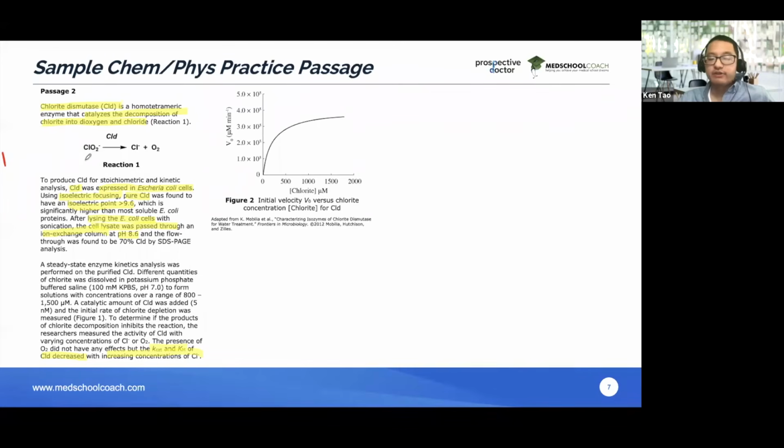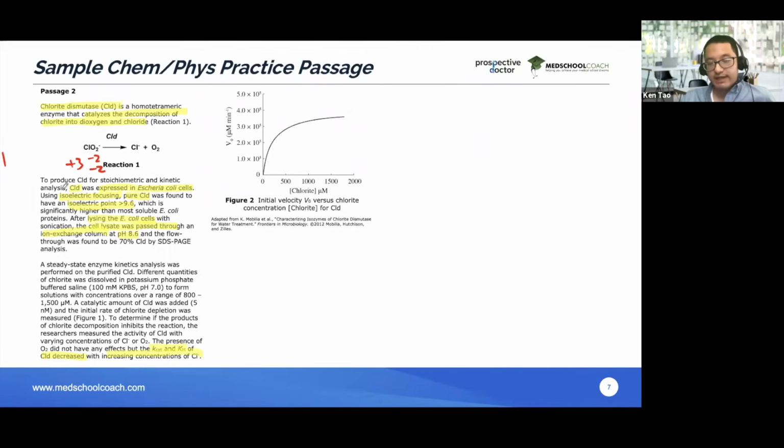For those of you who are unsure how we got the +3, you always look at the elements that are bound to each other and simply ask which element is more electronegative. In this case, oxygen's more electronegative, so it's going to take electrons from chlorine. How many electrons is it going to take? As many as it can to get to noble gas configuration, which in this case would be 2, and chlorine has to give up those electrons. But you also have to remember that the sum of the oxidation numbers has to equal the overall charge of the molecule. So it seems like chlorine would give up 4 electrons, but in this case, it only has to give up 3 in order to get to this -1.